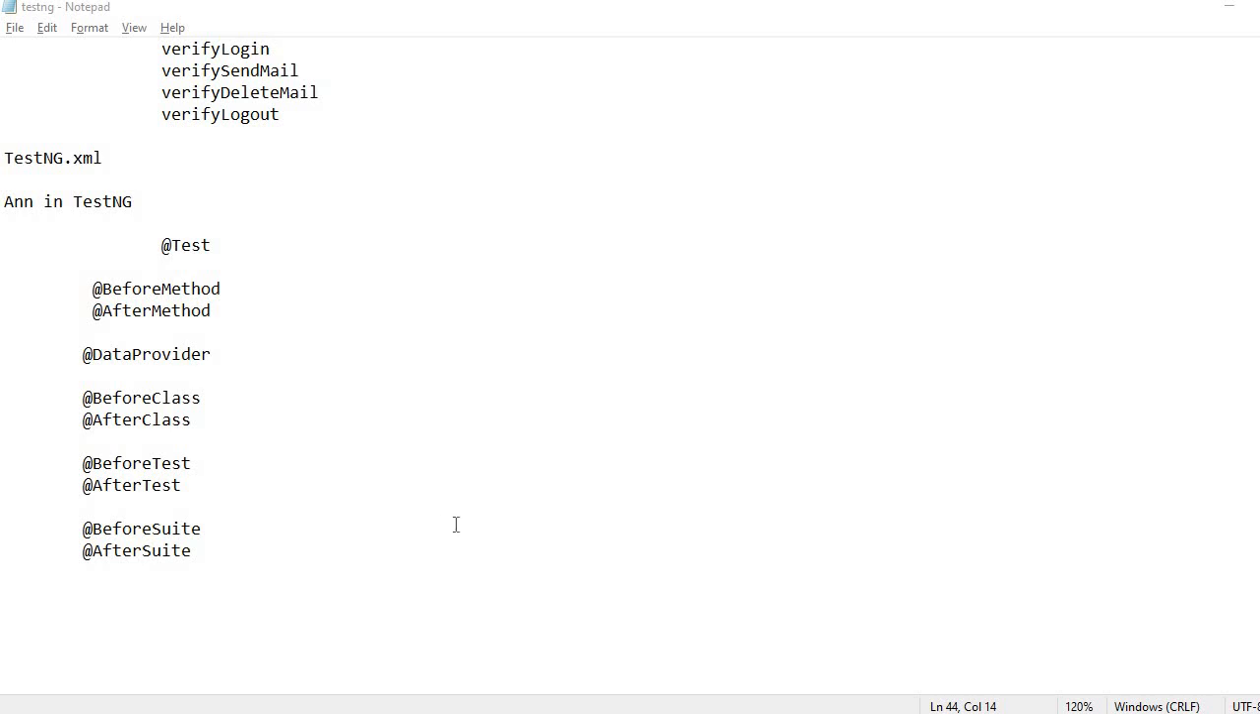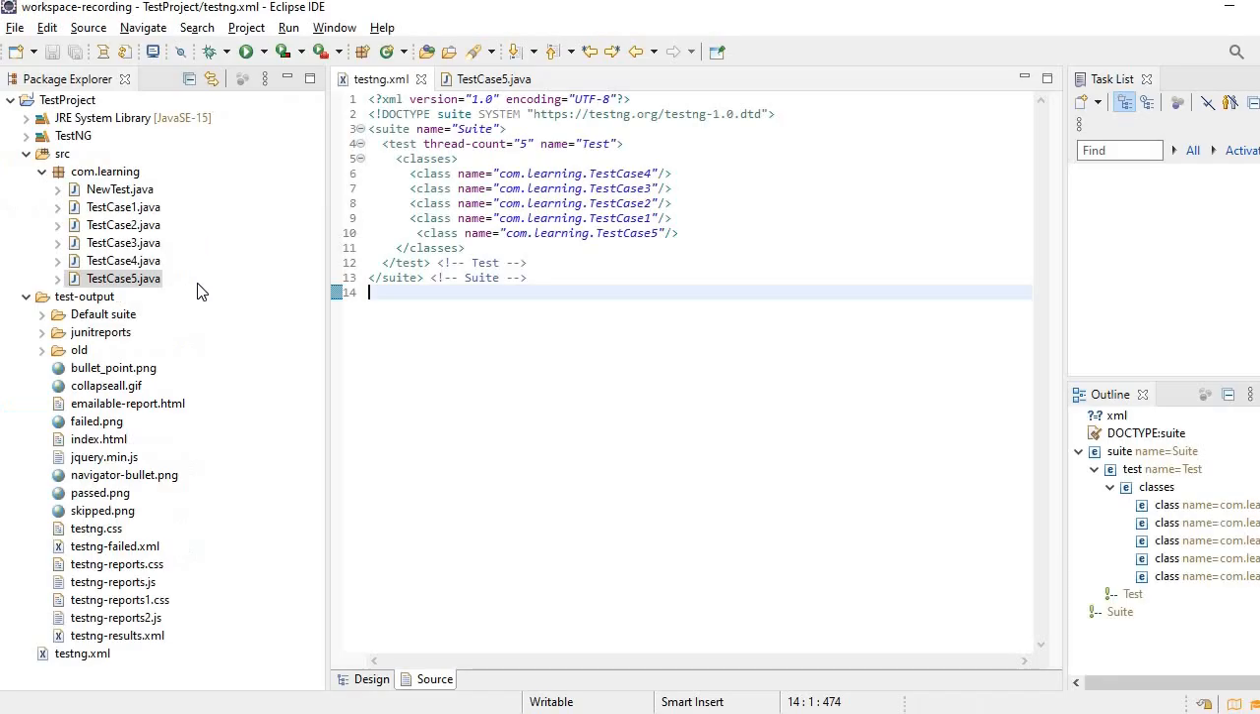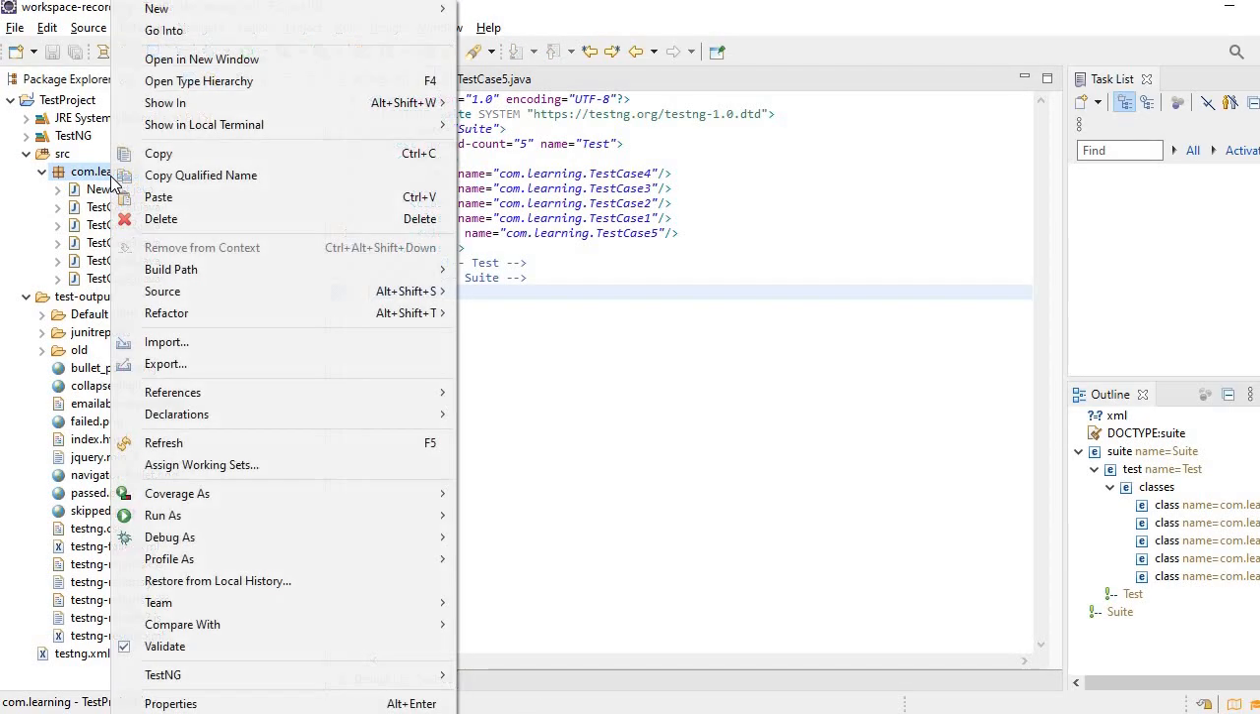Hi team, welcome back. In the previous session we have seen how the before and after method works. Okay, now we will see how the before class and after class will work. Come on to the Eclipse. Now just create one class